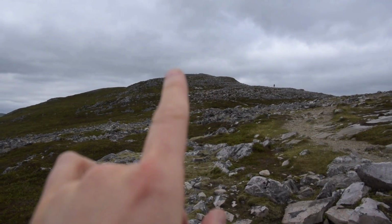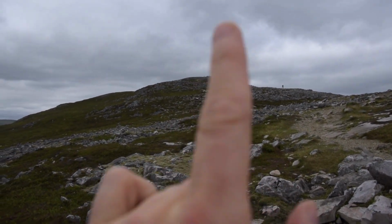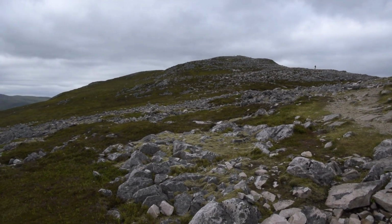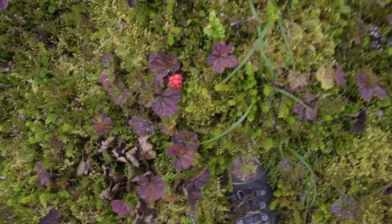There's a few what you would call false peaks. You can't see the peak, and you get up there, then you see the peak, and then it sort of keeps going like that. I think there's 3 of them. Aye. So one of the perks of Schiehallion is that you can get